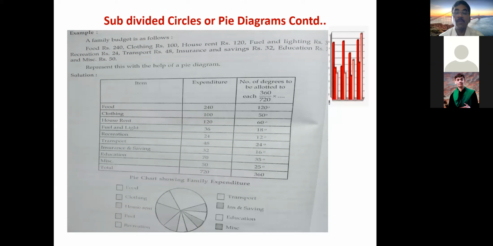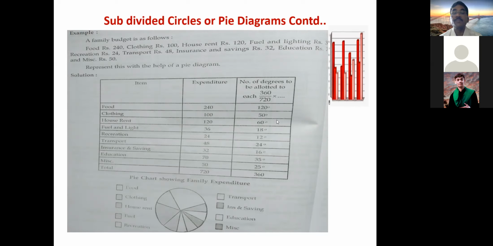That is very important. Now, according to this, what you need to do, this 360 degrees, here it is, I am moving the cursor, just follow. This is the circle. In this circle, this is 360. In this 360, this portion is 120. What is this? Here we have plotted food, clothing, all these things. Here, white is mentioned. This is related to food. So food is greater than all the remaining components. How much? 120 degrees. So that is why we have taken 120 degrees like this.